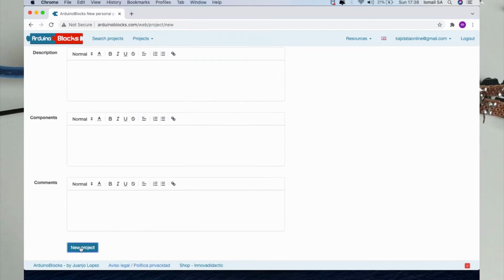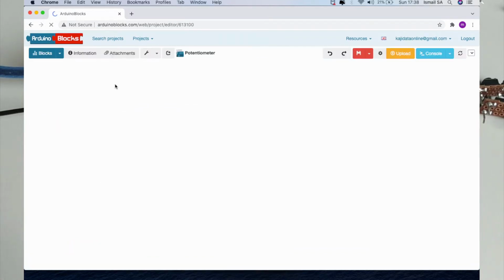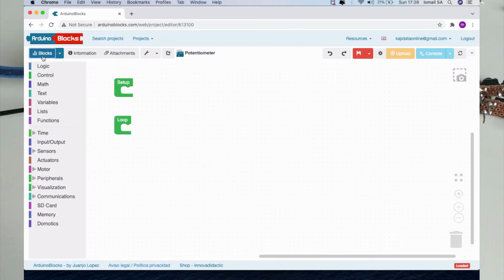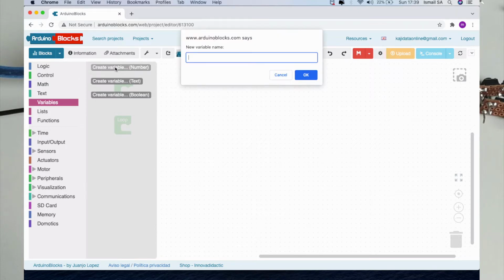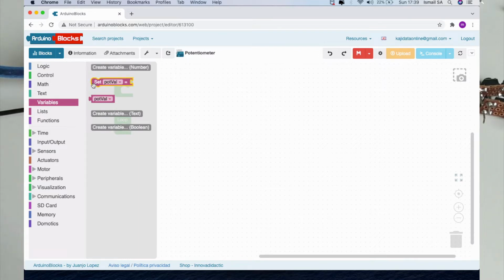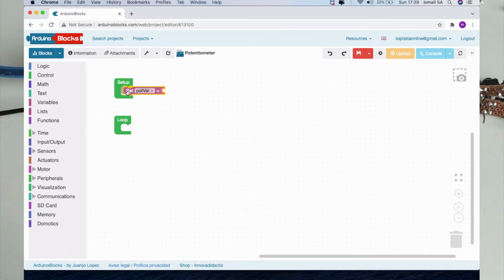So what I'm going to do is basically go to the new project over there, and then I'm going to use the block. Okay, you can just see over here we got a block, and then we are going to set the variable. So my variable will be a number, so I'm just going to spell it out as port val. So basically, if you do not have any idea how to code, simply using Arduino blocks can help you to figure out what kind of mechanisms you are trying to do. So in this case, I'm going to set port val in the loop section, and then as I mentioned to you before, I'm going to show the differences of the potentiometer value using the serial monitor.